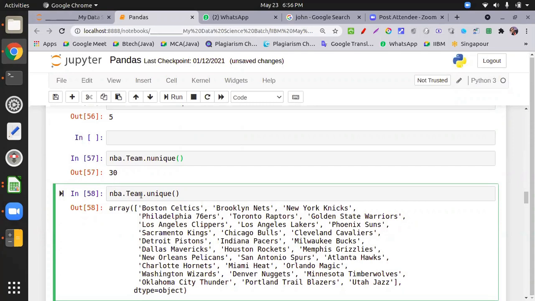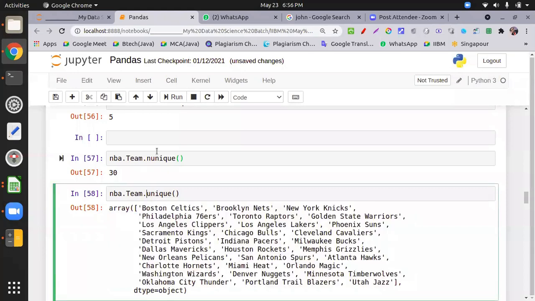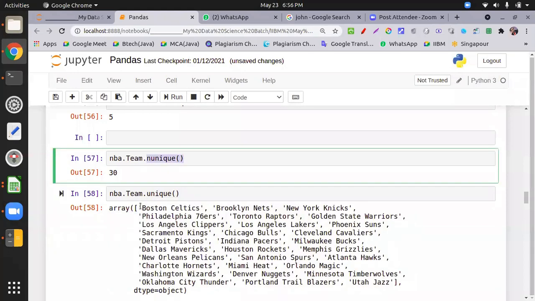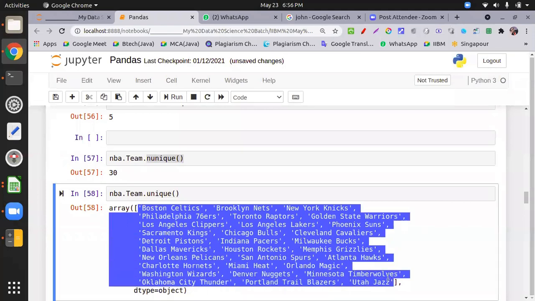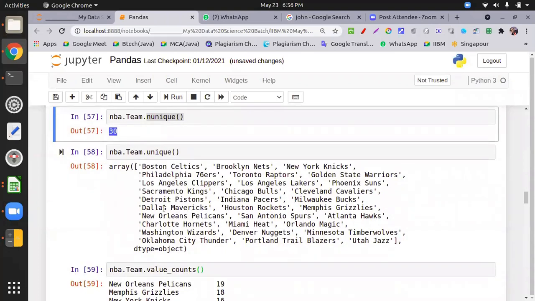Distinct means non-duplicate. So Boston is repeated many times. So how many unique values are in the particular column? That is unique, and nunique means how many. If you count this one, that is 30. So it's the number of unique entries in the team column.